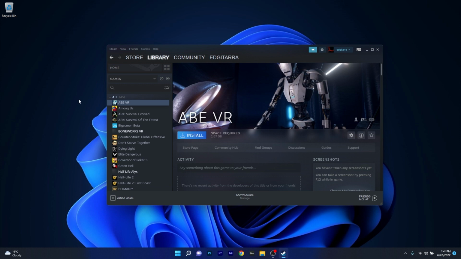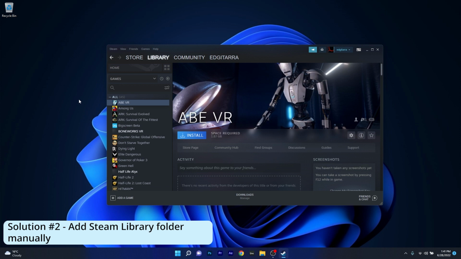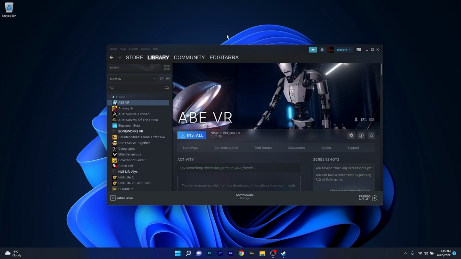And moving on, one last solution that works properly is to add the Steam library folder manually. So let's put up a scenario. You reinstalled Windows 11 and now you also had to reinstall the Steam application. The default location for the installed games is now on the new partition, and you also have the old games on the old partition. So what you have to do is click on Steam on the top left corner, then